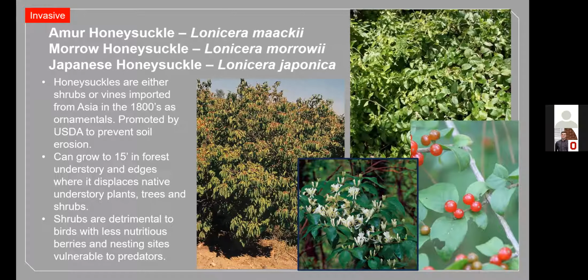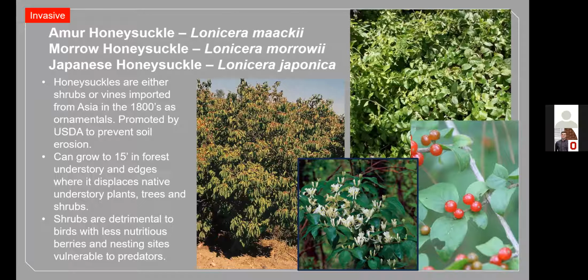Honeysuckles. We're going to lump together here 3 different honeysuckles that are all present in Northeast Ohio, and all are invasive. Amur honeysuckle was promoted as recently as the 60s by the USDA Soil Conservation Service for erosion control and wildlife cover. Amur is a large shrub and more aggressive than the others. It's the most shade tolerant, and because it can survive under tall trees, it has the greatest potential to spread